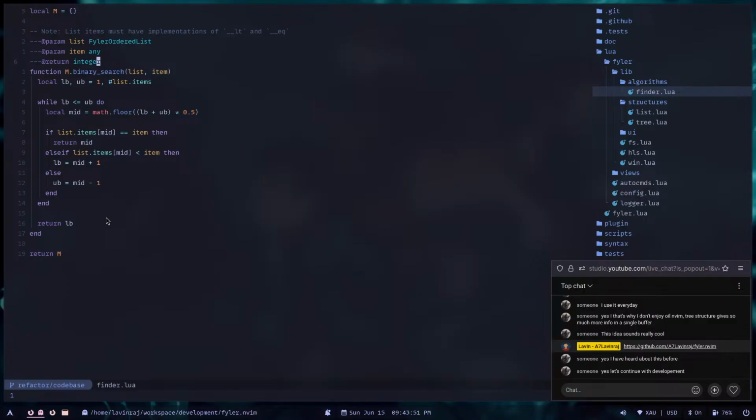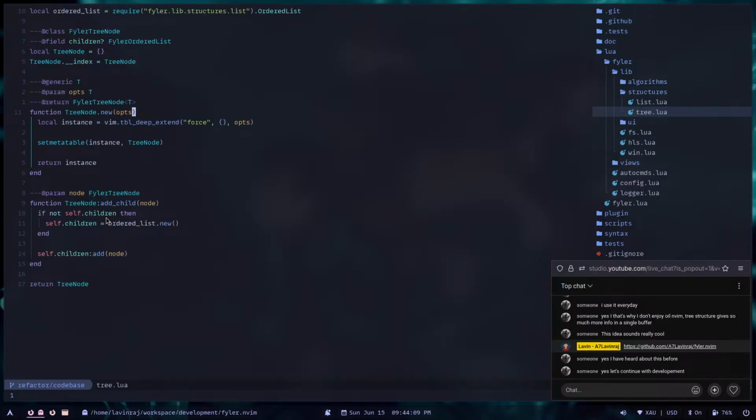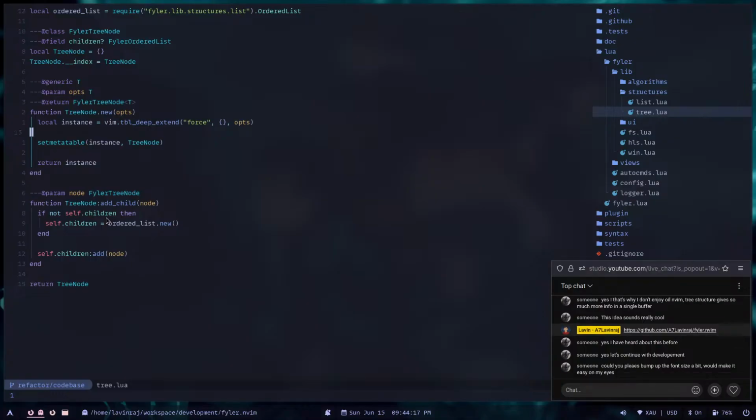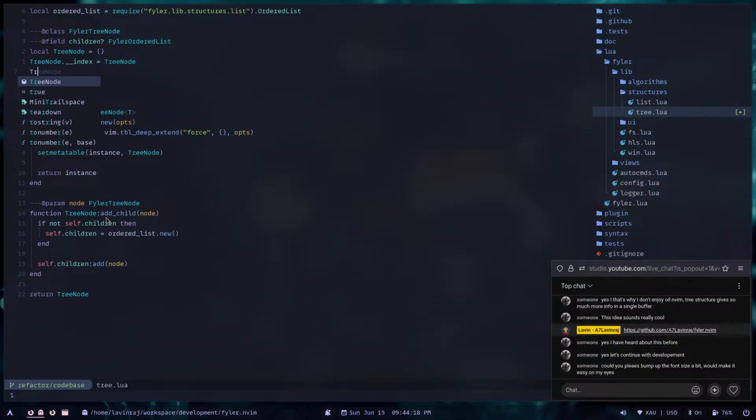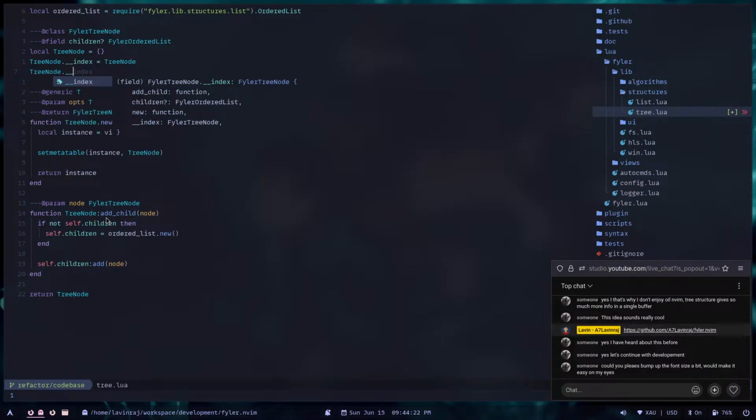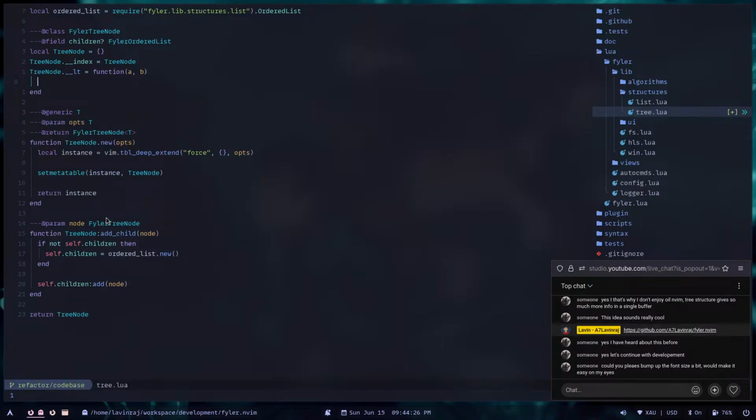If you want to use this binary search function, then every item should have an implementation of the less than symbols, like the less than meta method and the equal to meta method. So we have to do the same thing for the tree node. So tree node dot less than is equal to a function which takes a and b for the comparison, and